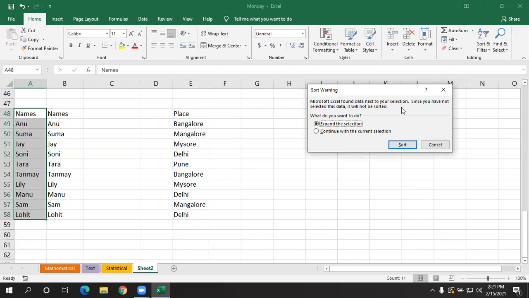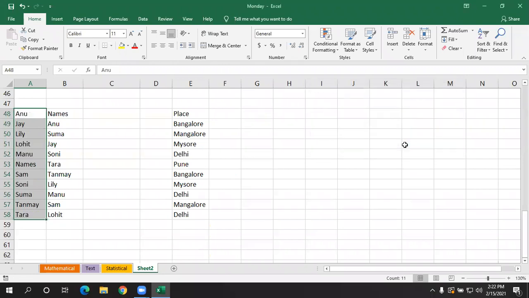By default it is showing what do you want to do: expand the selection. If I click on expand, the next column also will be selected and that also will be sorted. But I don't want it. I want to only sort this column. What you need to do is select the option continue with the current selection and then click on sort.